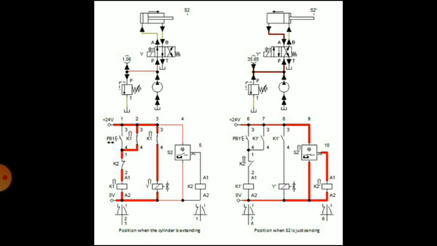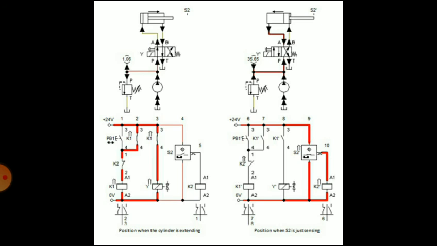So in the first diagram, when the forward stroke is started and the piston rod reaches S2, that proximity switch will operate and the solenoid is de-energized, because only one solenoid is used in this valve.